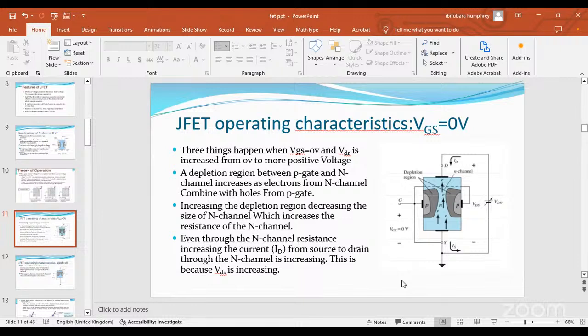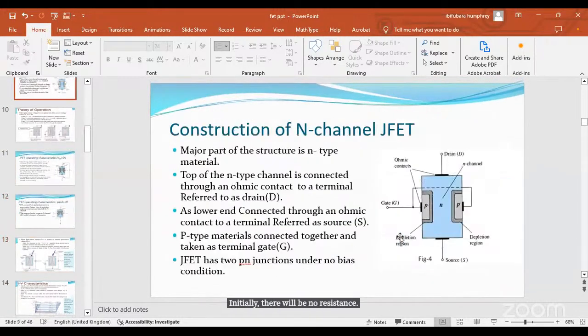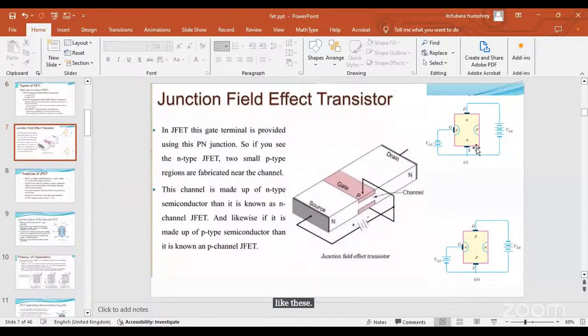So when we increase the VDS, the upper part will be increasing. The lower part also will be increasing, but the rate at which the upper part will be increasing is faster than the lower part. Initially, there will be no resistance like this. If you see a channel like this,